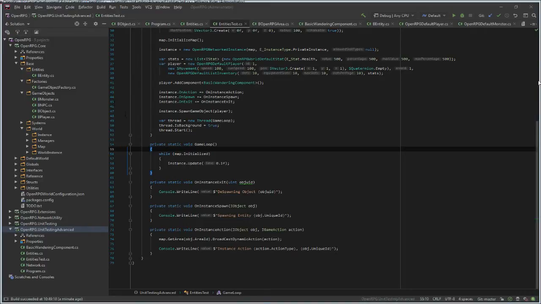World server, main.cs, net server. Oh, last frame.